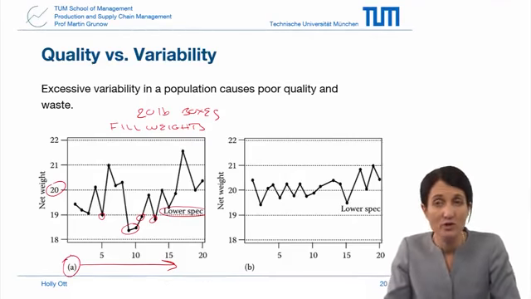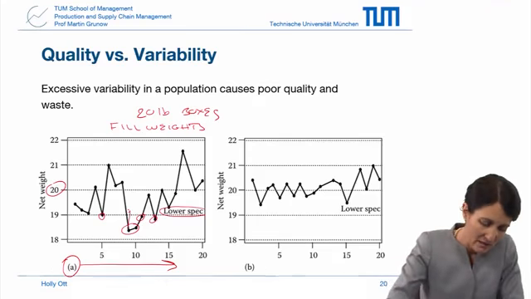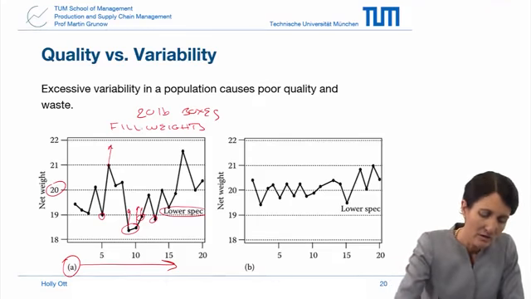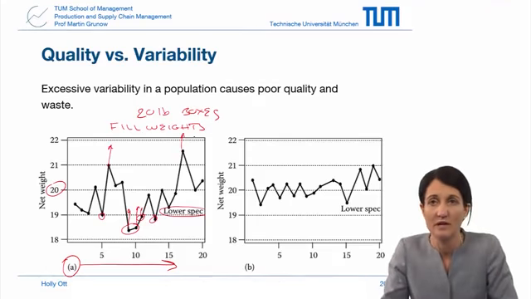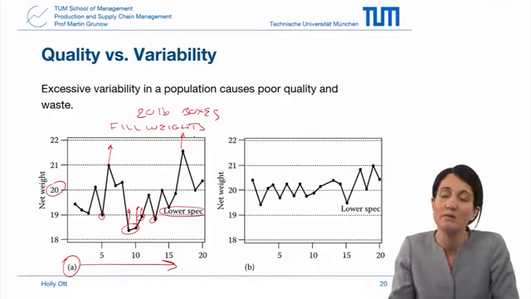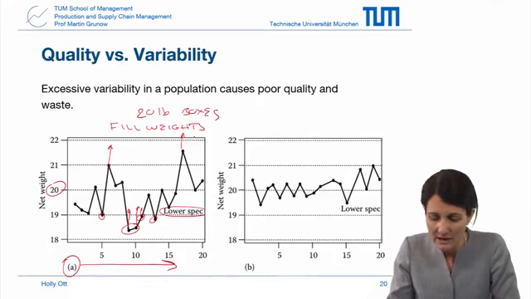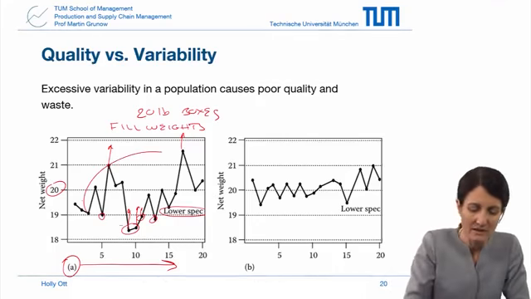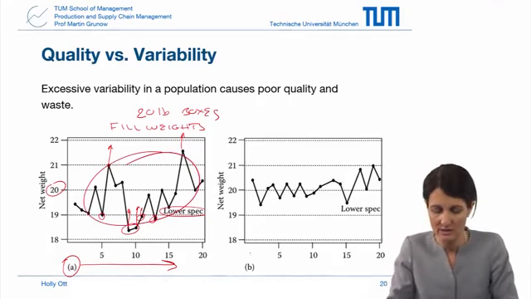So what you could do is you could just fill all the boxes more. That would mean all of these weights would go up. But it would also mean you would have the high points also going up. And this means the boxes that are already full or over full maybe would not be able to be closed. And this also means that you would maybe be putting more product in than is actually necessary. But if, on the other hand, this variability can be reduced, as we see here in the production line B,